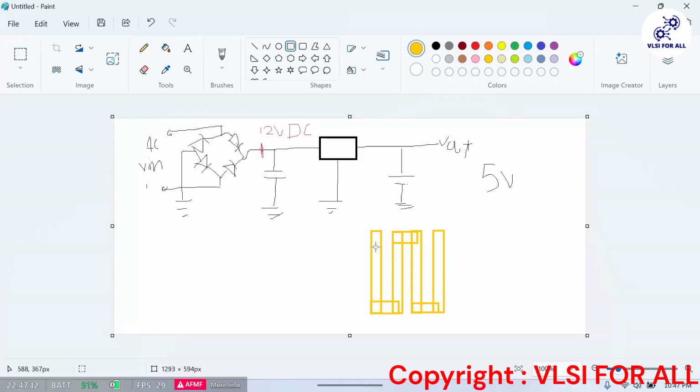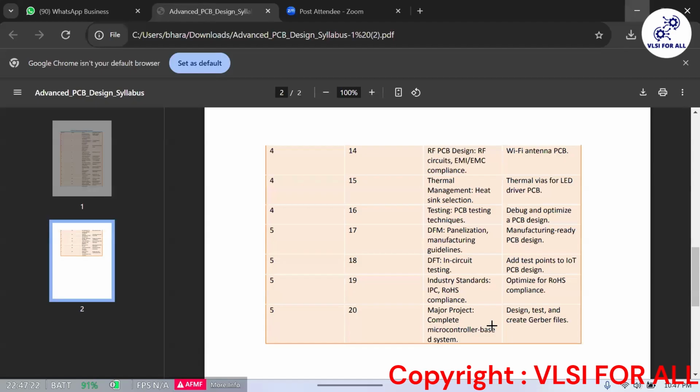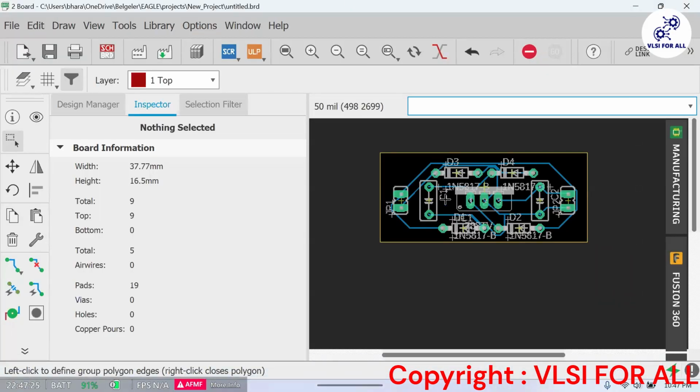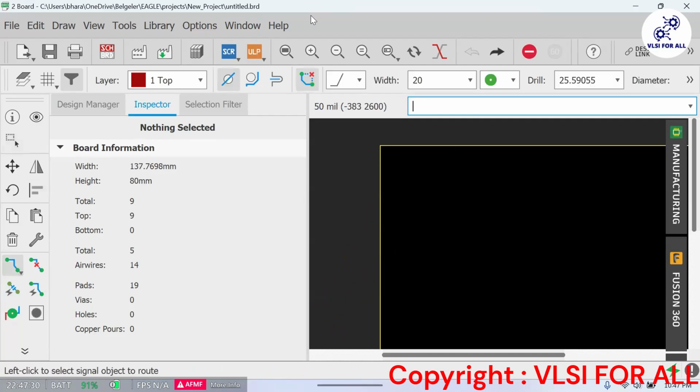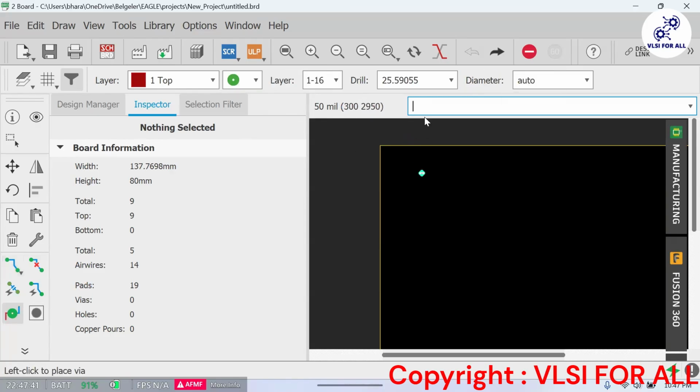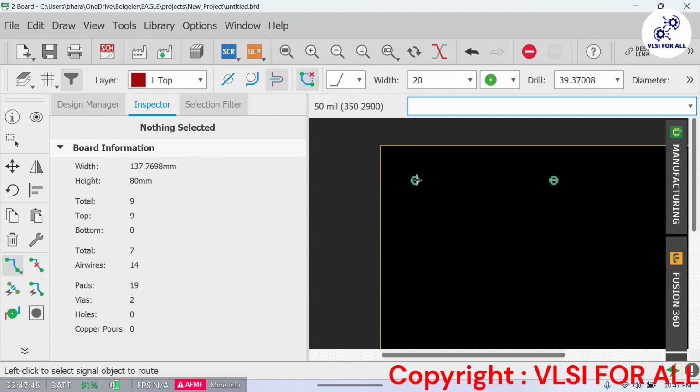One end will be connected to something else. This kind of antenna will be there, or this kind of antenna will also be there, if you have seen. Let me show you this kind of antenna. Suppose I put one patch here, one patch here.